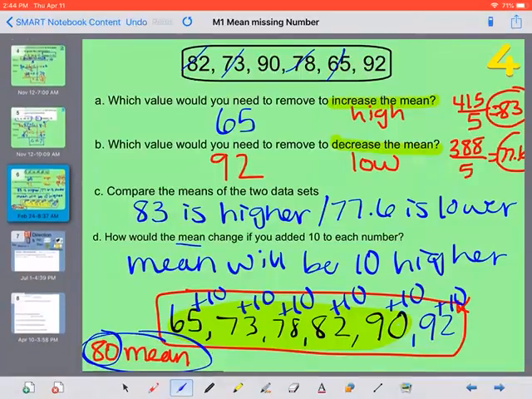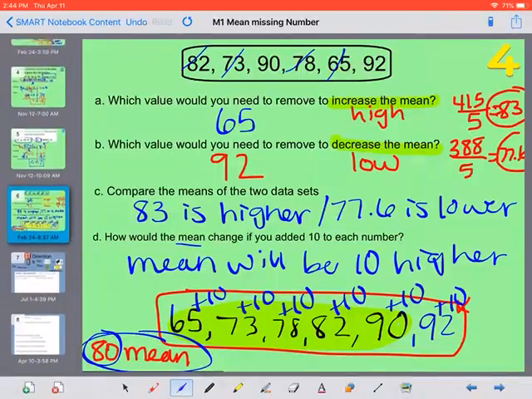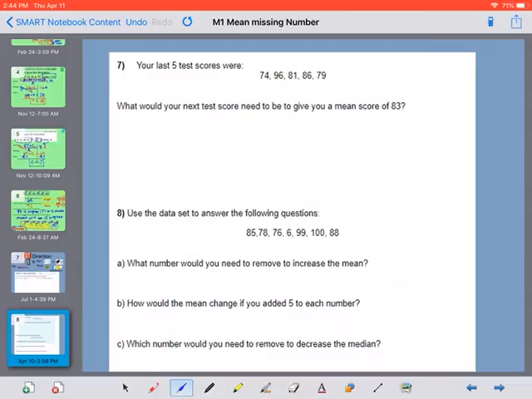That last one is a little bit more challenging. I believe there is one question like this on your homework where you need to talk about what would you get rid of to increase